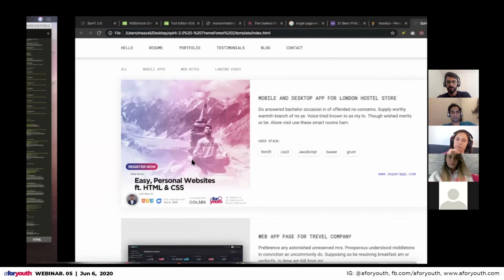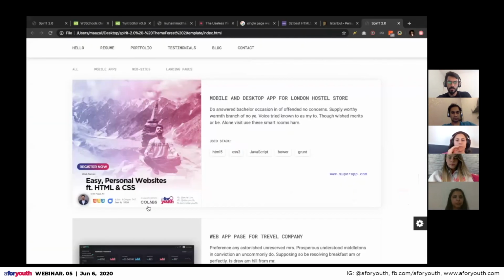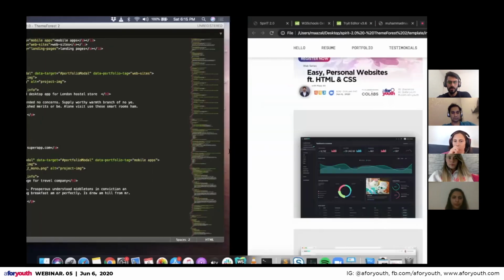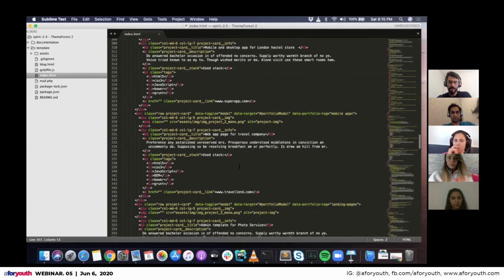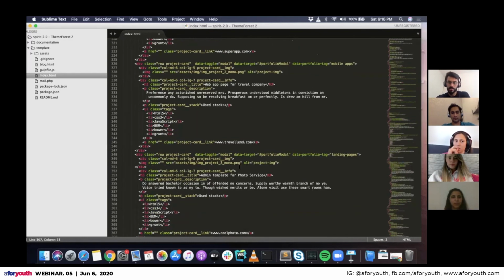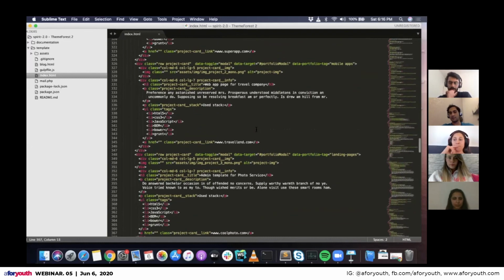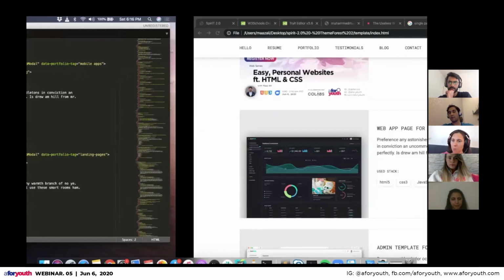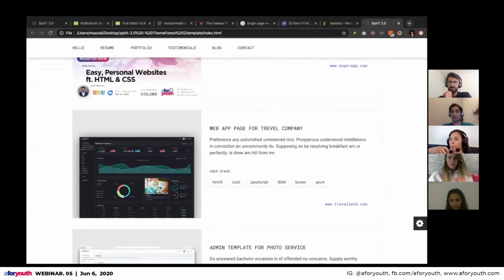So it's just as simple as that. You just have to remember the name of that image, and then instead of having the images which were already there, you just put your own images inside the image folder and then point to those images. Can you also link images from certain websites? Yeah, you can. So I don't have to download them and paste them on my laptop and then link them. I can put a link on them as well.